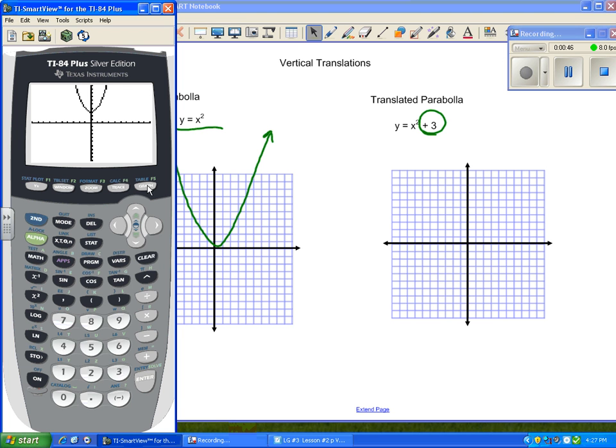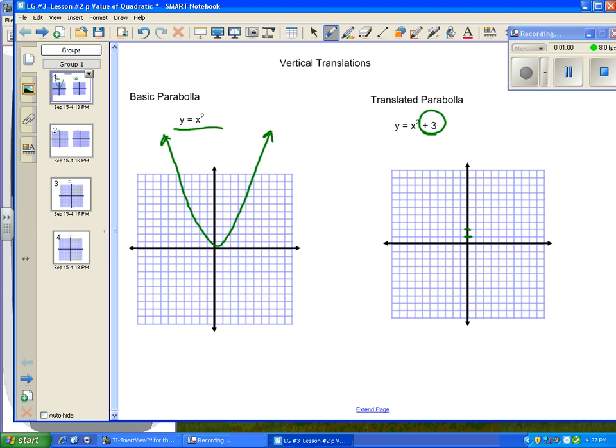Watch what happens to our beautiful little parabola. Suddenly now it's moved. It's no longer on the origin. It's up a little bit higher. So if you take a look at this, look where it is right there. It's at 1, 2, 3. Perfect. So what I'm going to do here is go back to this and go, okay, there's 1, there's 2, there's 3, and I'm going to draw the exact same parabola again